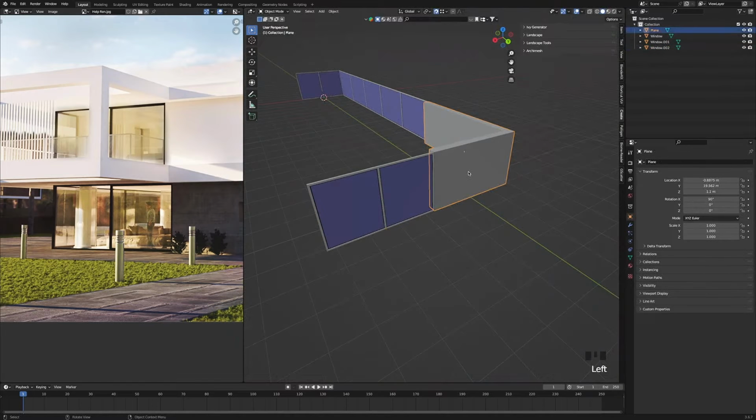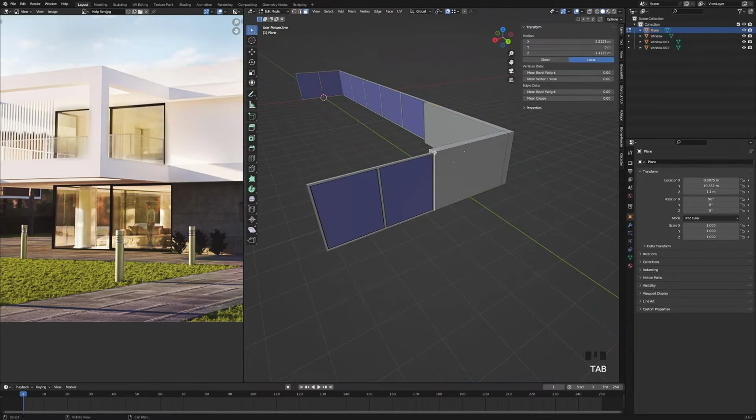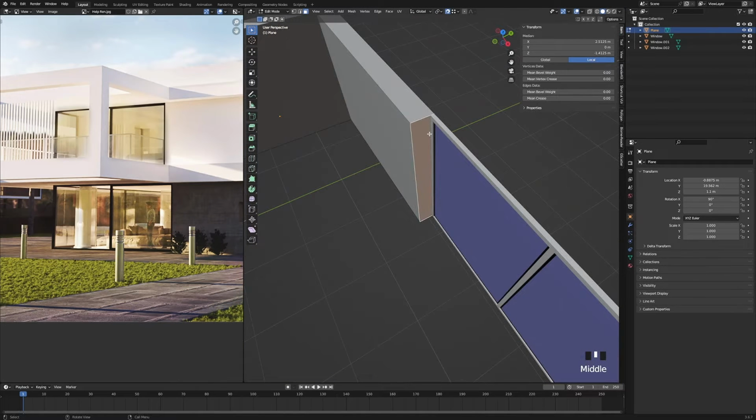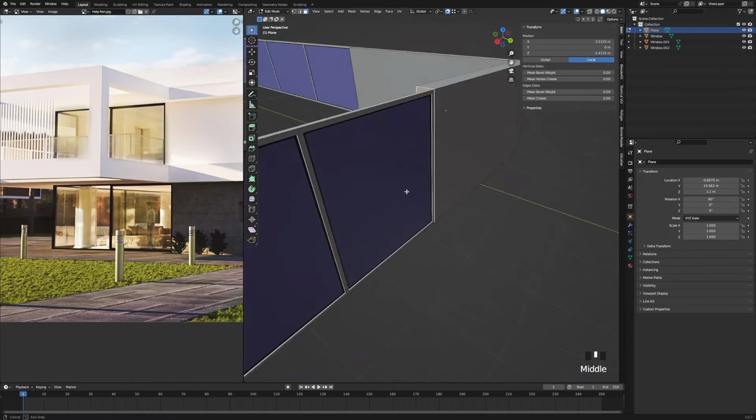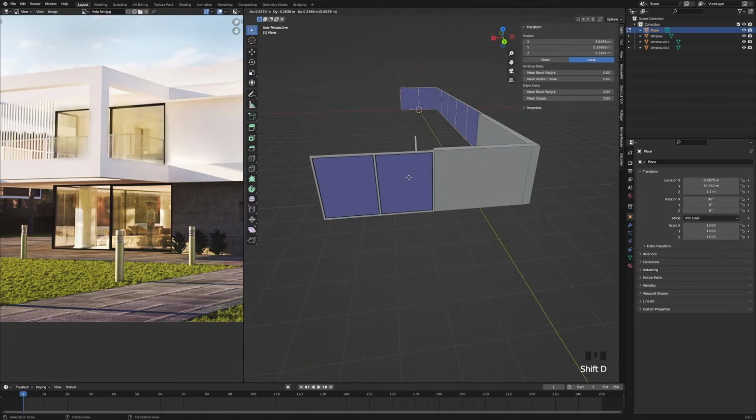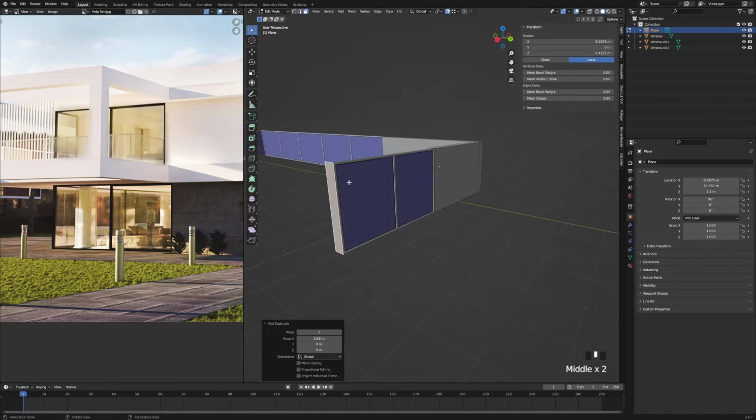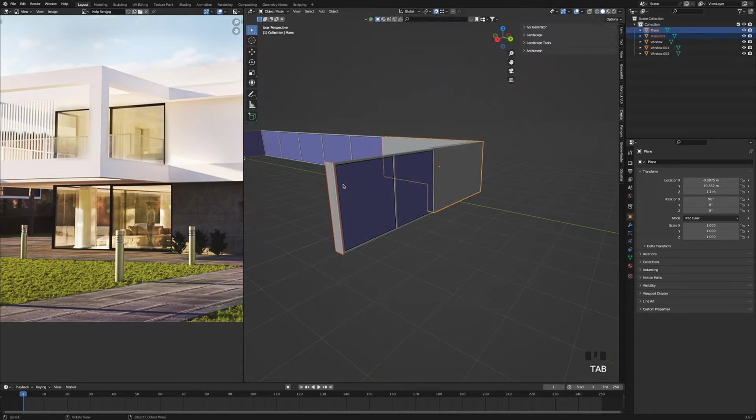And then we're going to select the concrete wall again, press Tab to go into edit mode. And with this face still selected, we're going to press Shift D and X and snap it to this side of the window. And now we want to make this plane its own thing, which we can do by separating it by pressing P and then selecting selection. So now if we press Tab to go out of edit mode and select the plane, it's now its own object.